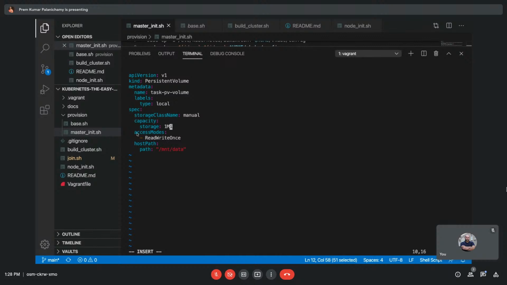And so this storage class name and access mode are very important. You will be declaring this access mode and storage class name in your persistent volume claim, which creates a bind between these two things. And that's what we're going to do. So I am going to create